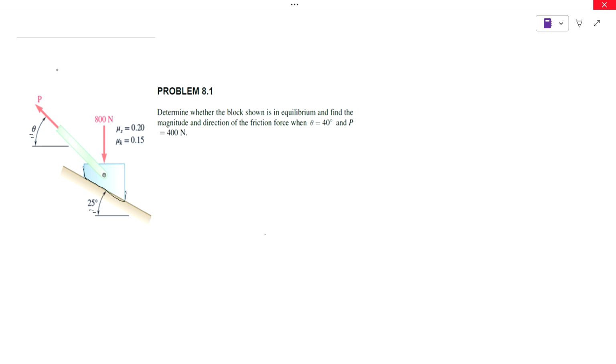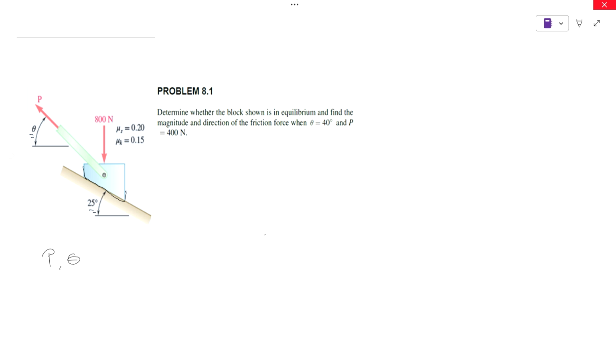So there are two variables here. We have P and we have theta. So that the force at a certain theta has to be large enough to overcome the friction force at